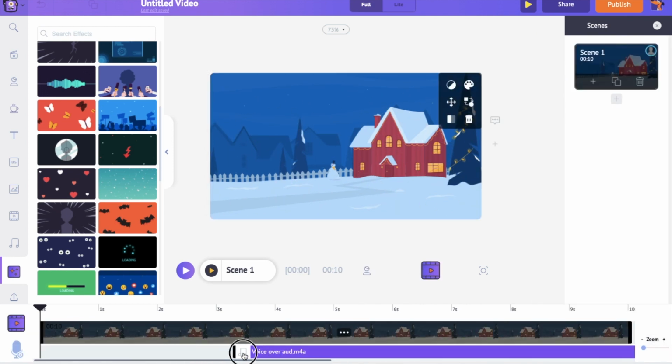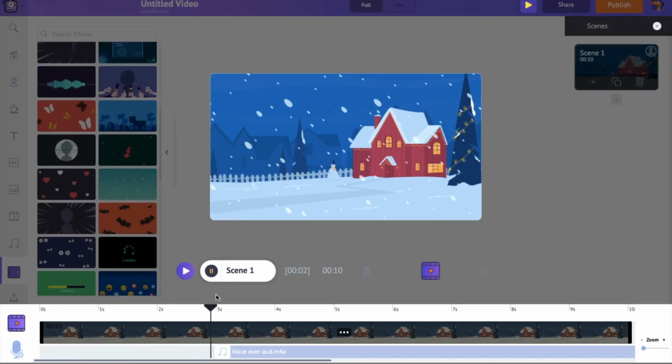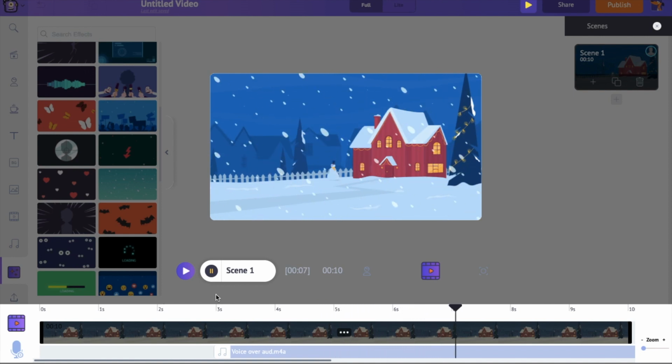Let's have a preview. It was one fine winter evening. I was sitting by the window side, reading a book, while my latte was getting